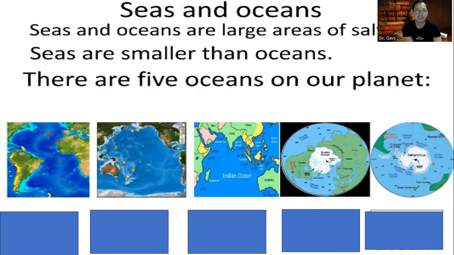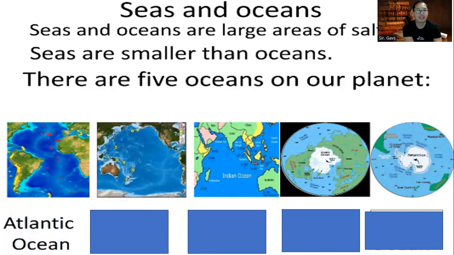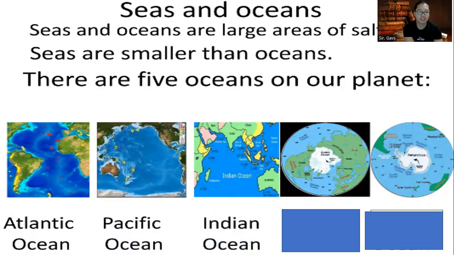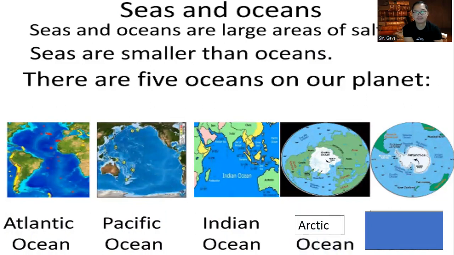These are the following. If you can guess these pictures, it's okay. First, we have the Atlantic Ocean, just east of North America and west of Europe. We have the Pacific Ocean, surrounded by the Pacific Ring of Fire. We have the Indian Ocean, just beneath the country India and the west of Australia. We have the Arctic Ocean